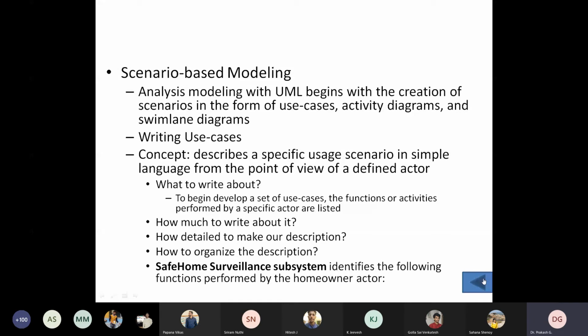So for the SafeHome surveillance system, it should identify the functions performed by the homeowner actor. I already defined the homeowner is one important actor for this kind of project. And for the same actor, what are all the functions that have to be done for this project? That has been listed out here.